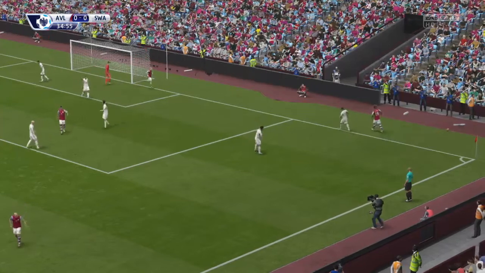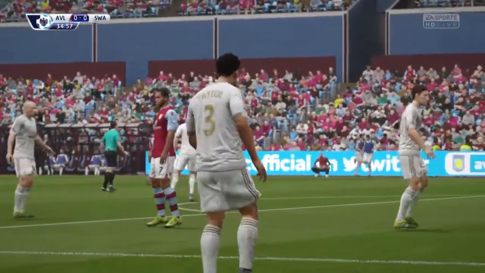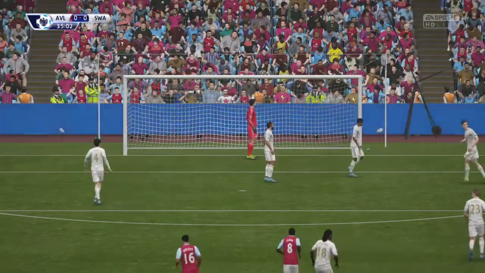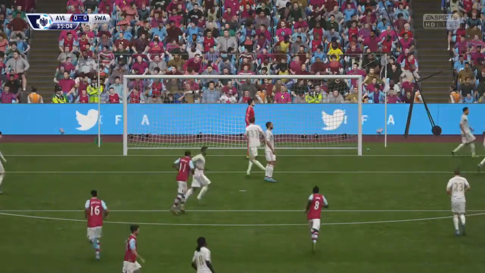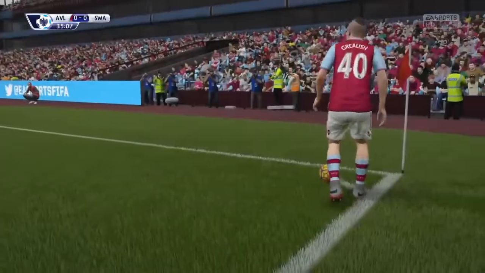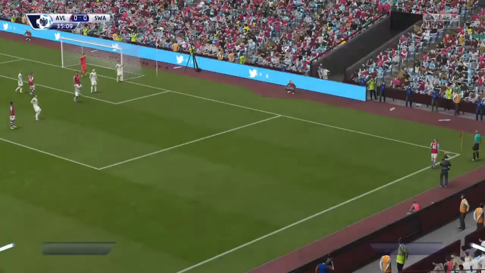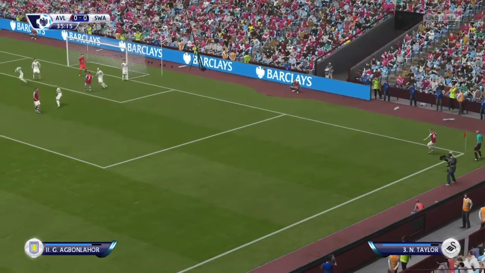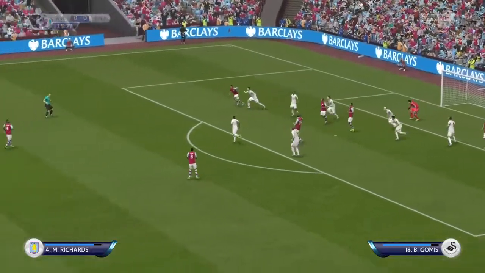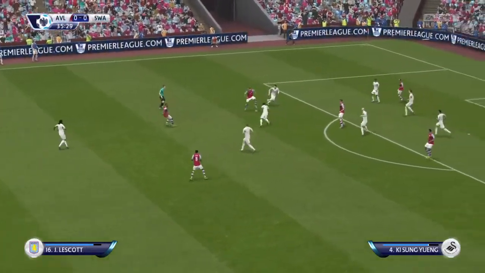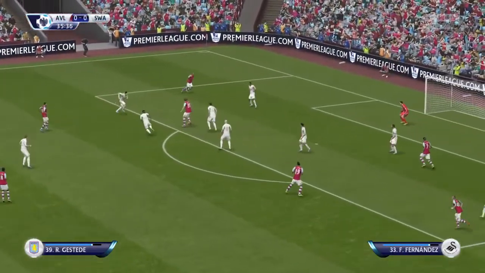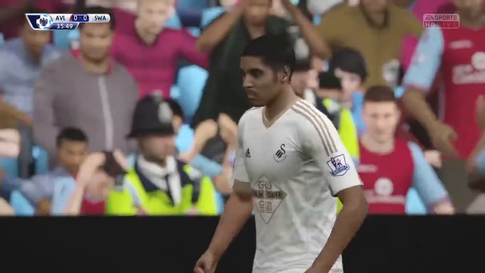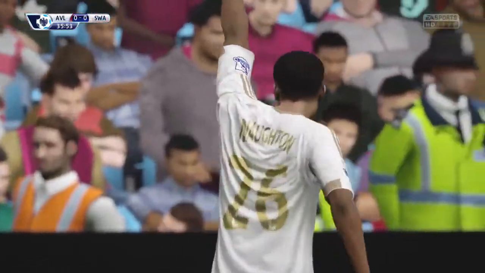It's Villa's corner. And that will end the threat, at least for the moment. And shoots! Well, here's a chance to get their noses in front from the corner.